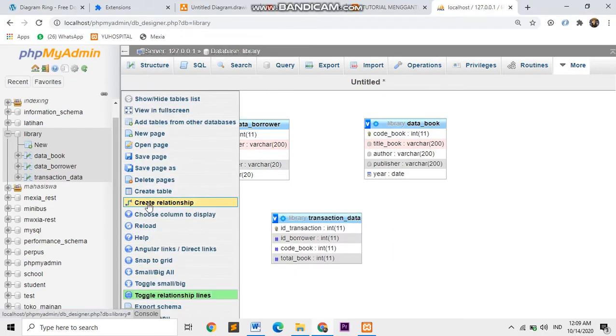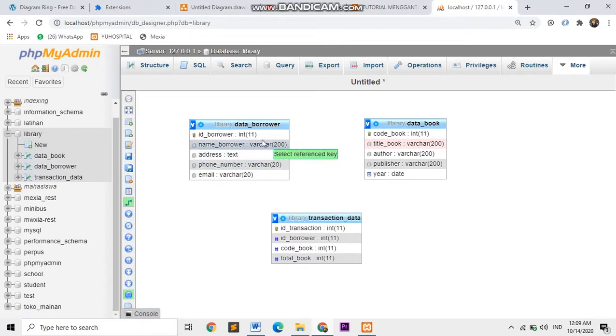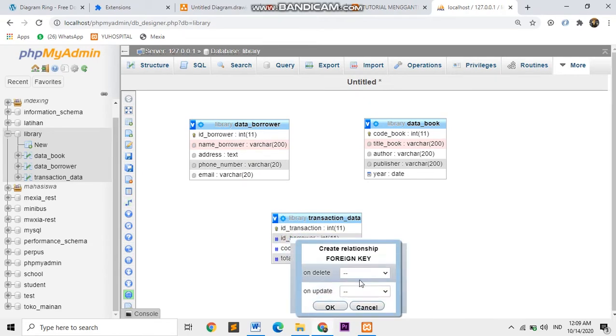You can click ID borrower, select reference key, and select foreign key, data borrower, cascade. Cascade means if you delete data in borrower, the transaction data will be deleted also.